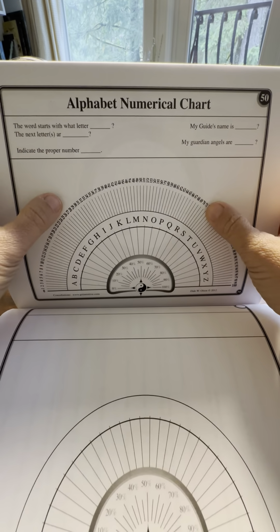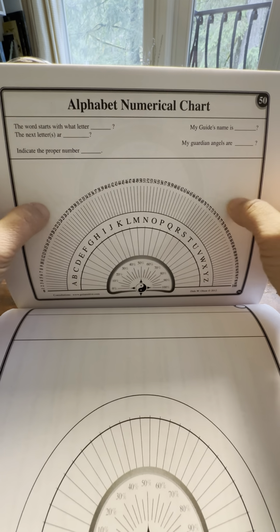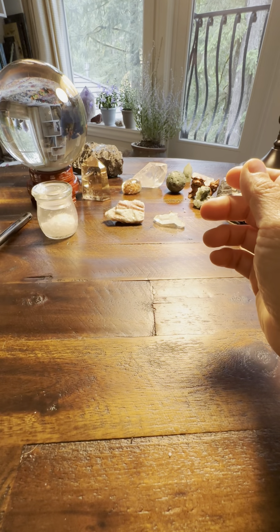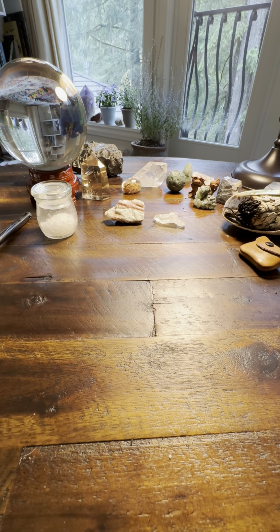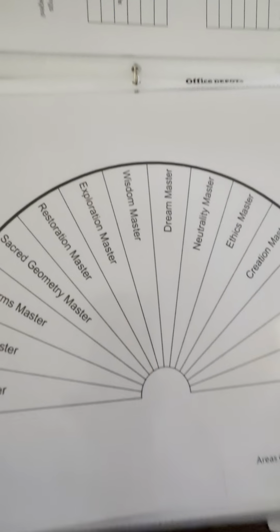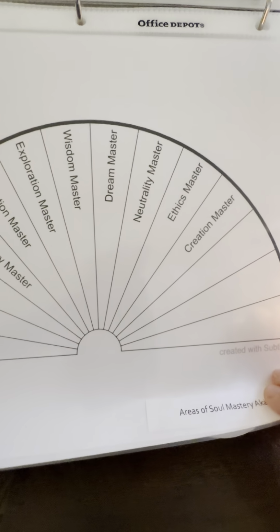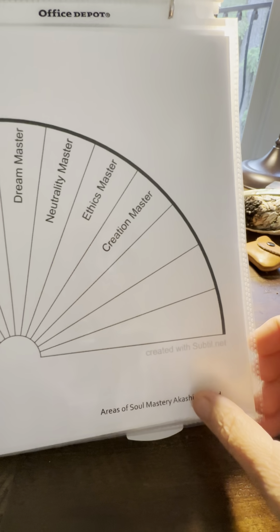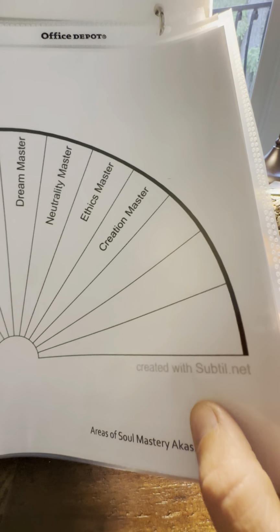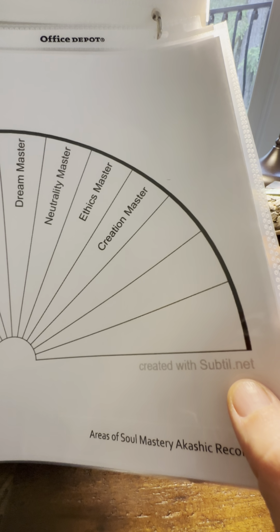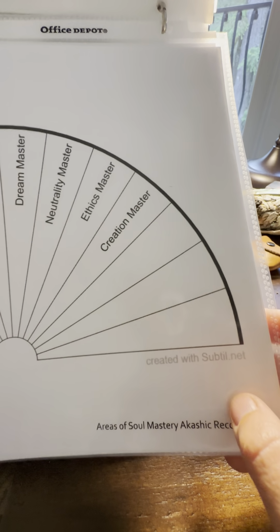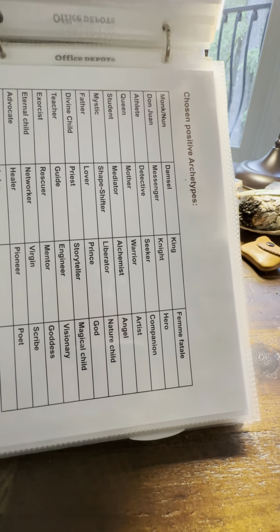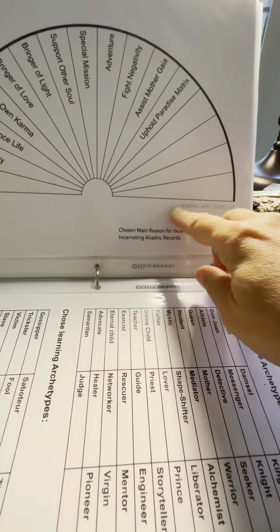So yeah, just a word of caution, but don't enter into a fear, okay? Your guides are going to protect you. But anyway, that is a great resource, if you can actually make your charts. When I do my Akashic record readings, I wanted to create a couple different charts. And you can actually go to this website. Here it is, subtil.net. I don't know if you can see that. You can actually create your own charts. You can create a whole bunch of different charts.